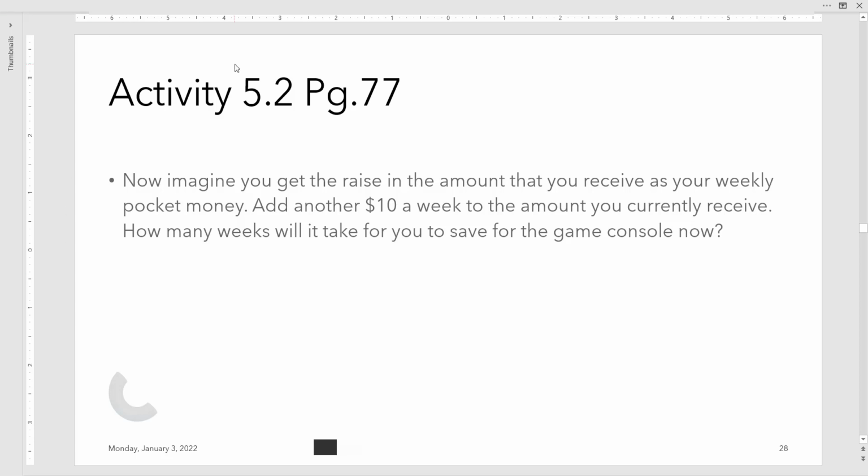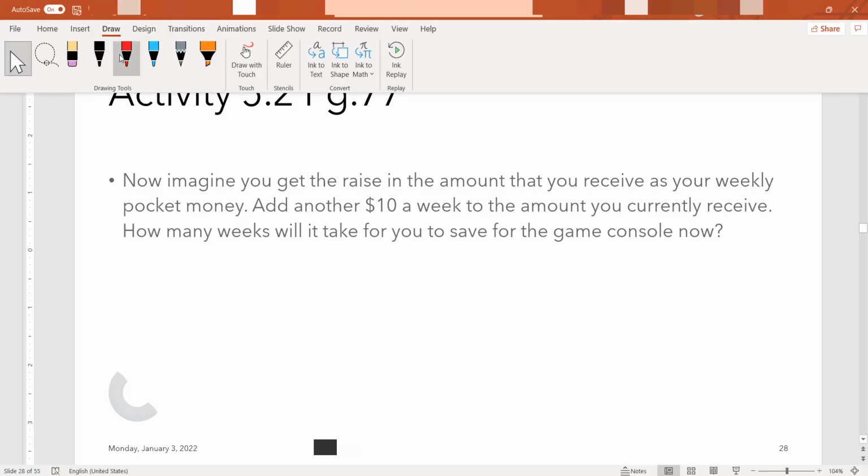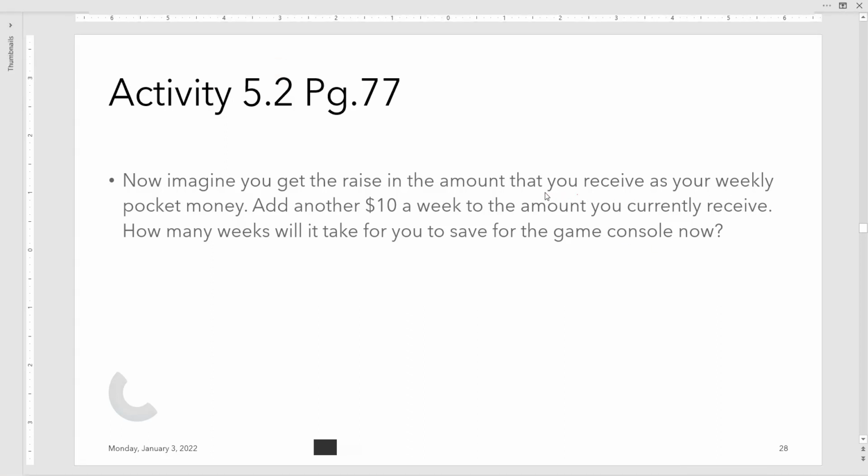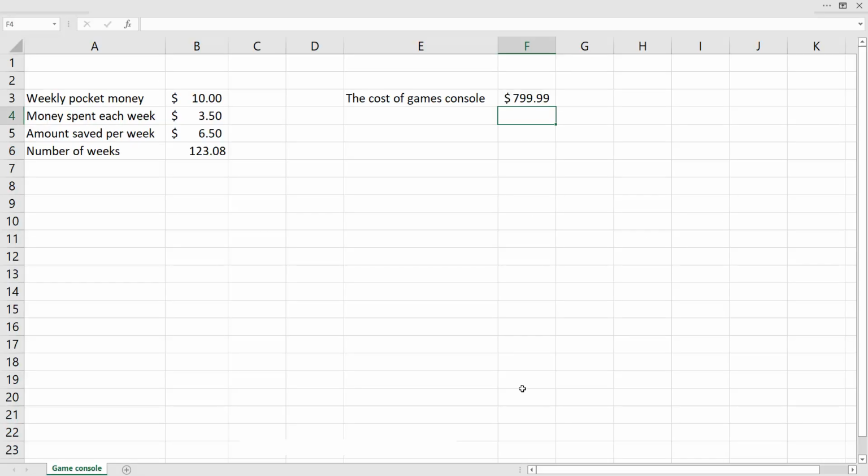Now, it doesn't tell you that you have to change the cost of the game console, but it has already said that you need to change the amount of money that you receive. So you can now go immediately to the spreadsheet, make sure that everything is back, click on the cell that has the weekly pocket money. It says you need to add another $10, so it's going to be $20. Keep your eyes on the number of weeks so that you can answer the question. You make it 20, we press enter, and here it is. The number of weeks is going to be